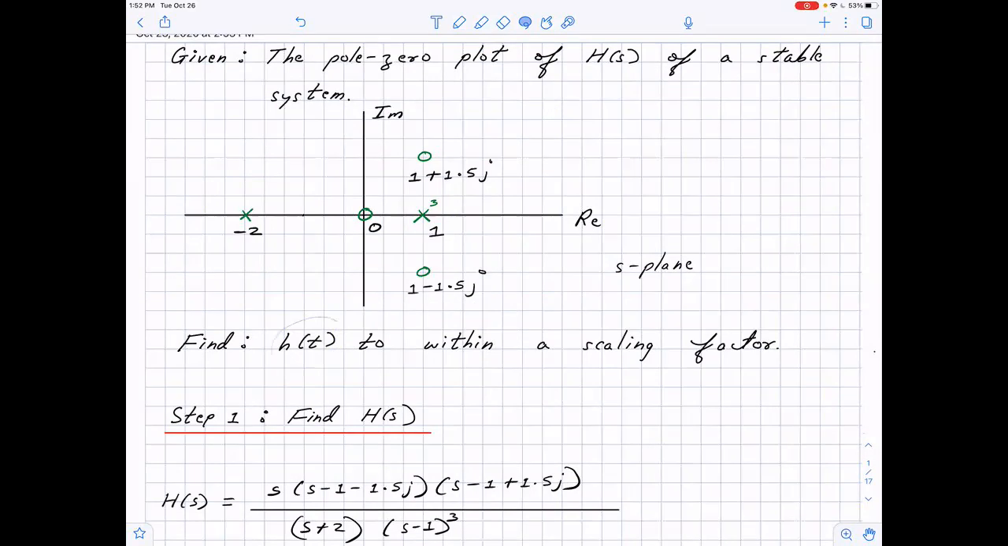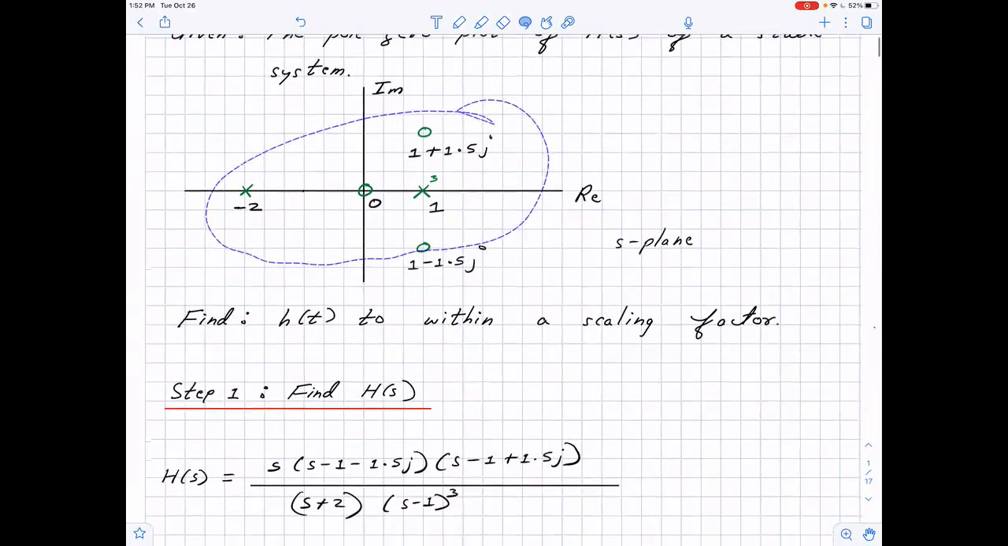And this h of t is the inverse Laplace transform of h of s. And the first step is to find h of s. Because h of s is a rational function of s, from these poles and zeros we can actually write the expression for h of s to within a scaling factor. So to do that,